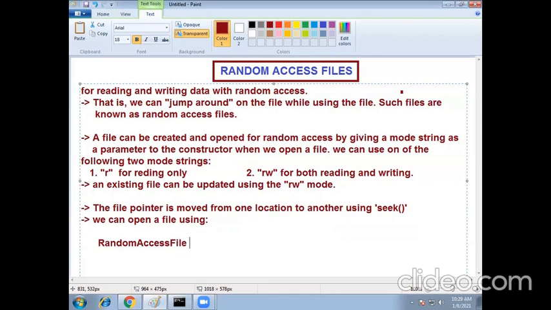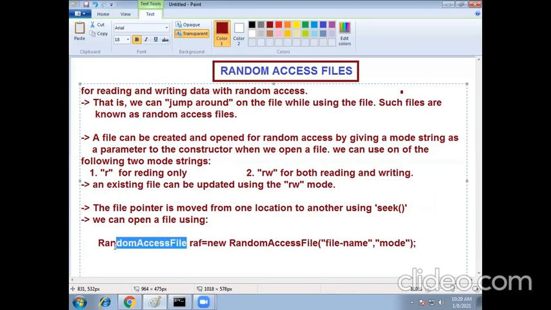RandomAccessFile RAF = new RandomAccessFile(...). Here you can specify the file name and mode. Mode means either read mode or write mode.